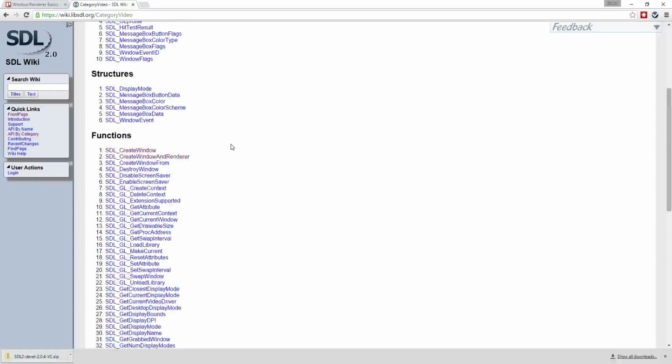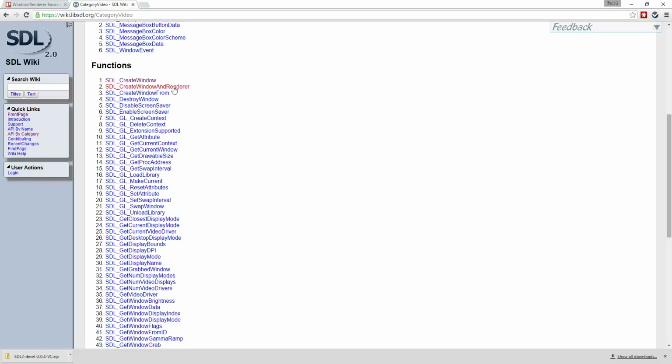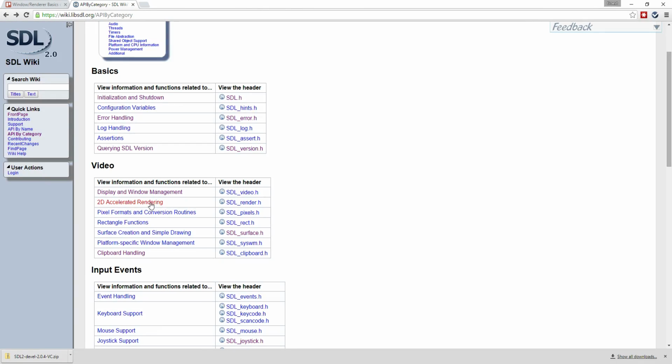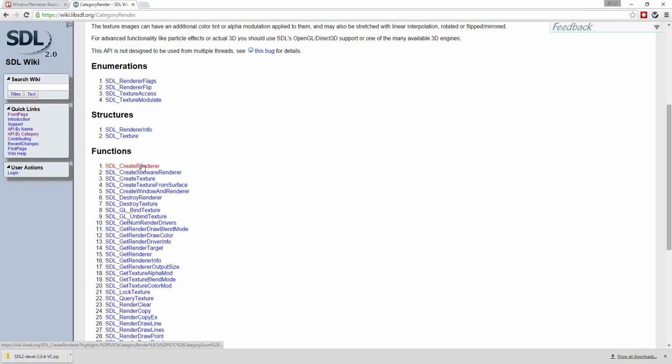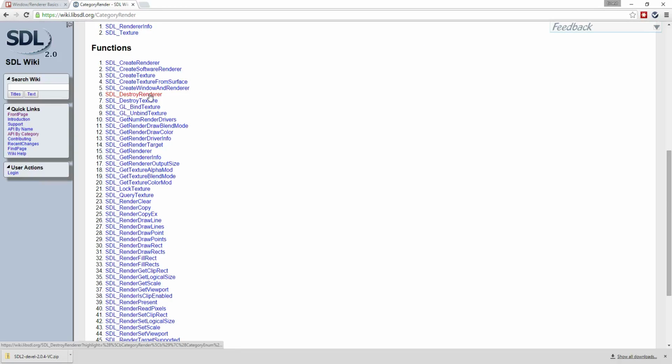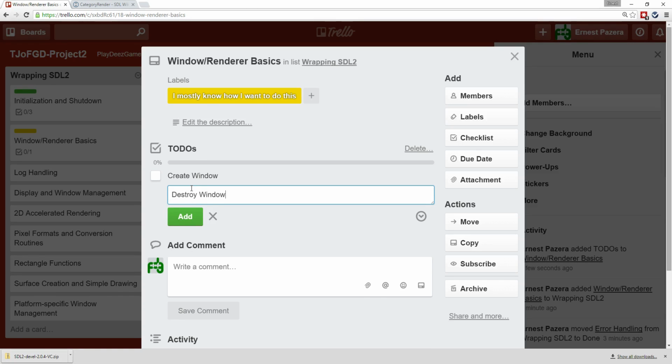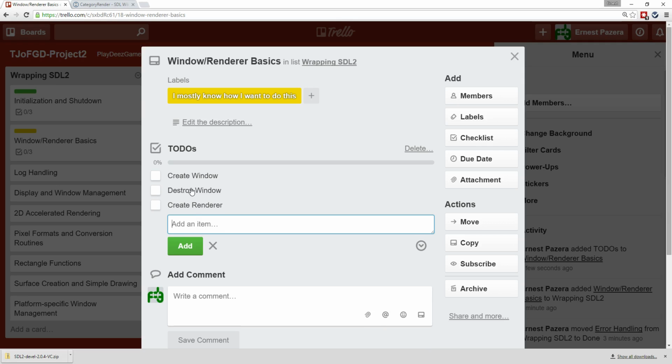Is there any other way to make a window? We have all these set window functions. There's create window and render. Is there a renderer? Here it is, renderer. So create renderer. Do I have to destroy renderer? Delete renderer? Destroy renderer. Alright. Okay. So I have to create window, destroy window, create renderer, destroy renderer,